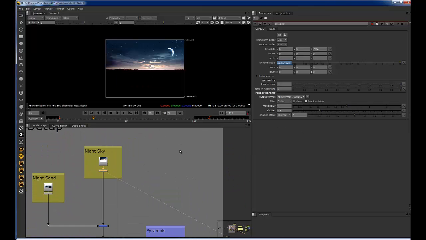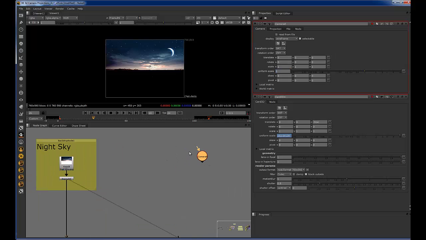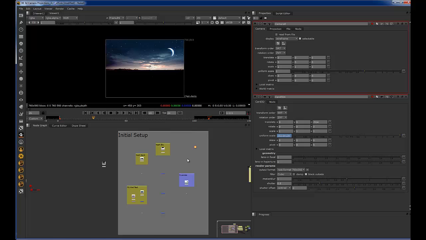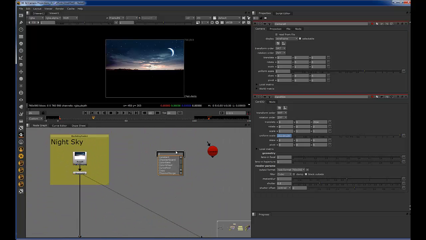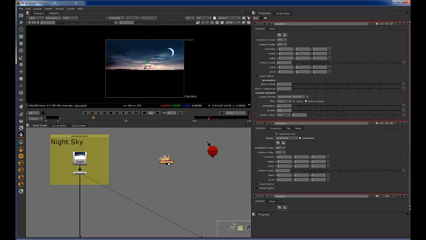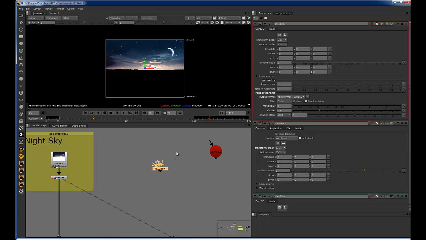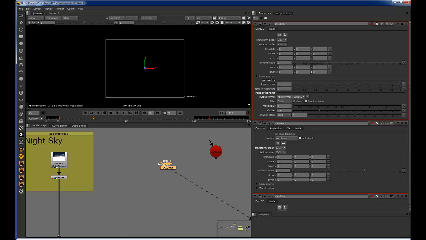Okay, so first what we're going to do is make a camera. And this technique we're going to be using, instead of a card system, we're going to be using a card 3D. And the reason we're going to do that is because it's not a very complicated move, and the card 3D loads a lot quicker than a regular card system would, because it does not have to go through a scanline renderer. But what the card 3D will do, if we plug it in,